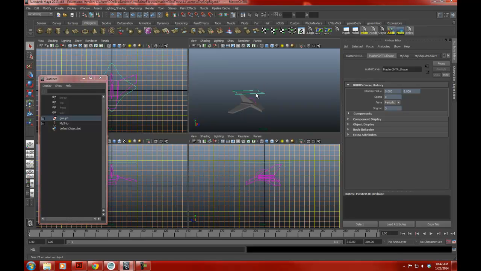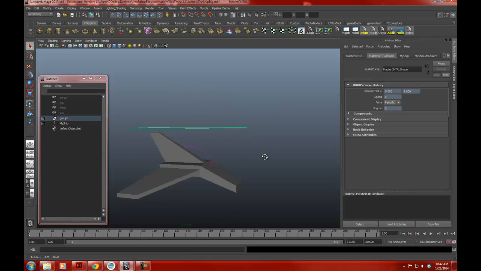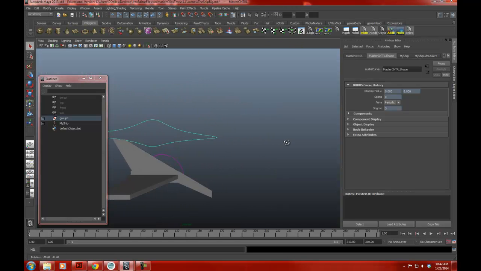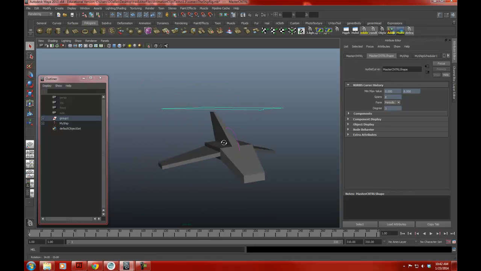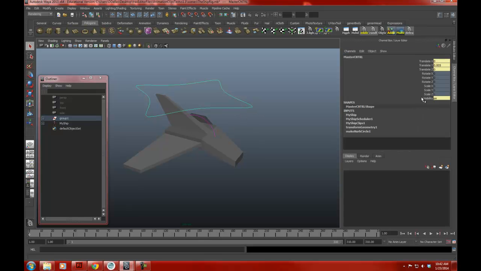So that if I wanted to make updates, or your technical director wanted to make updates to something, add more functionality to this spaceship, they could do that, and then everyone who's using that file as a reference gets the updates automatically. So it's a great way to limit how many changes you need to make, because if everyone was using a separate file, then if I added more functionality to a control object, I'd have to go in and do that to every single person's scene file. So if I had 10 or 20 people, I'd have to do that 20 times. But with a reference, all I need to do is do it once, and those changes are updated to everyone